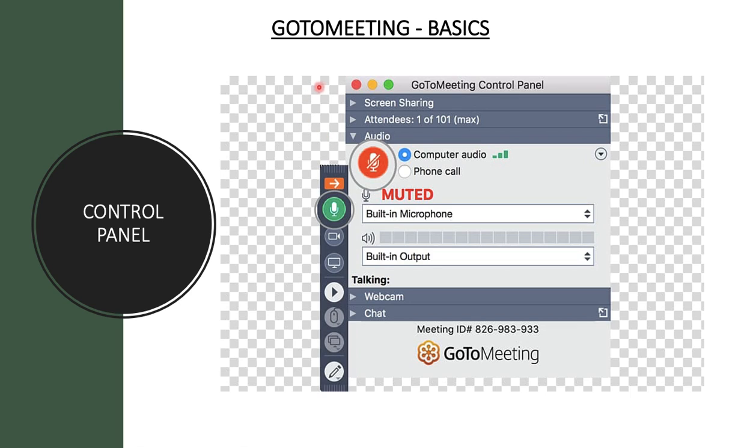So here I would just run you through the complete tab and explain the icons which are involved in your GoToMeeting control panel. The first and the most important is the mute or unmute button. So you would have participants coming in, maybe the class might be 20 students, 30 students, 50 students. GoToMeeting basically allows you to have a session with 250 students or 250 persons in one session.